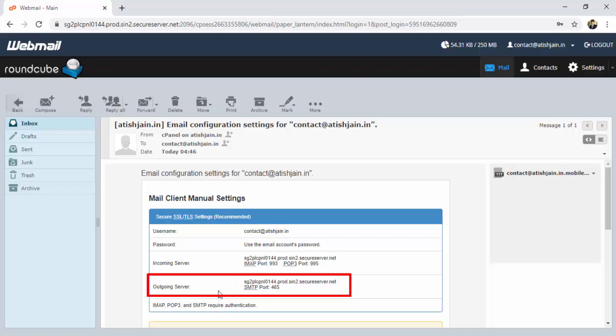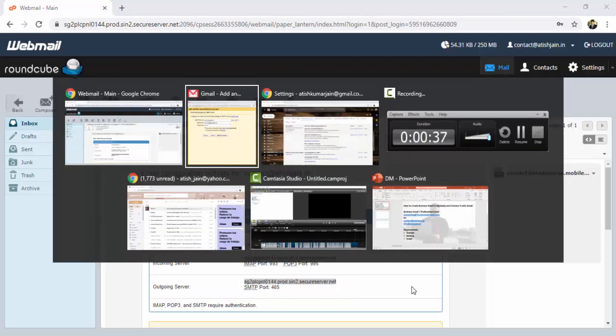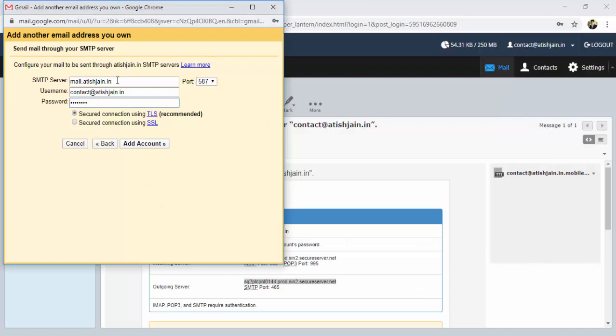Whatever your server name is there, just copy that, and remember the port number. What is the port number here? 465. Come to this position and paste that server name here.